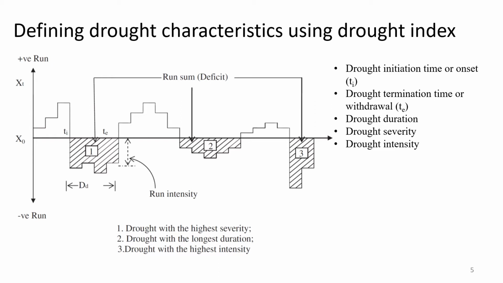So drought onset time is nothing but the particular time period in which we declare the region is undergoing a drought. Okay, drought has started from the month of July 2019. Like that we will see, that is drought initiation time or drought onset time. Similarly, we can also define a drought termination time or a drought withdrawal time. That is when we declare the region is free from drought. And then drought duration. Difference in time between drought withdrawal and onset is the drought duration.